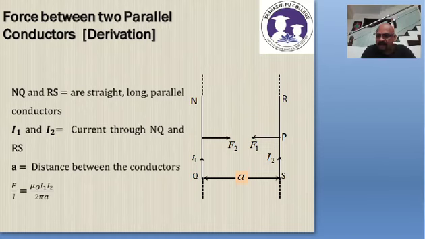Just see in the diagram that there are two conductors carrying the currents I1 and I2. They are separated by a distance a, and these two conductors carrying the currents I1 and I2 will experience a force. The force experienced per unit length is given by the equation mu naught divided by 2 pi a into I1 I2. That is the equation that we have to arrive at, and straight away we will start the derivation.